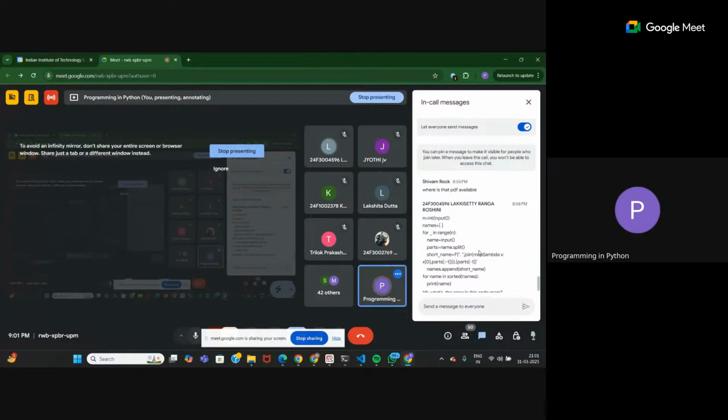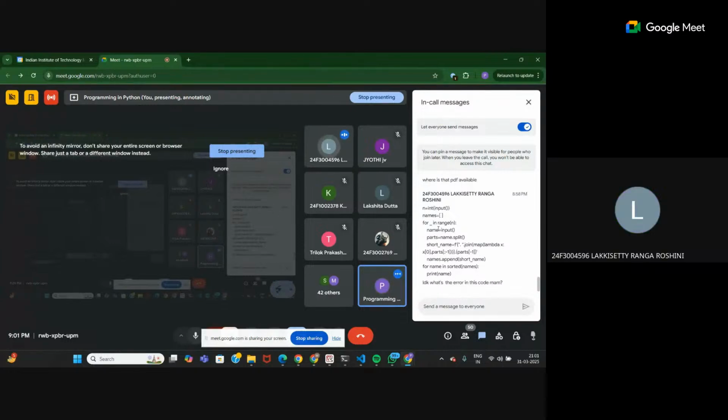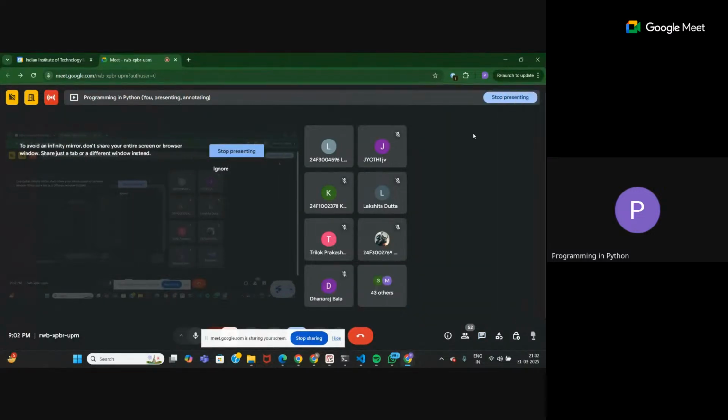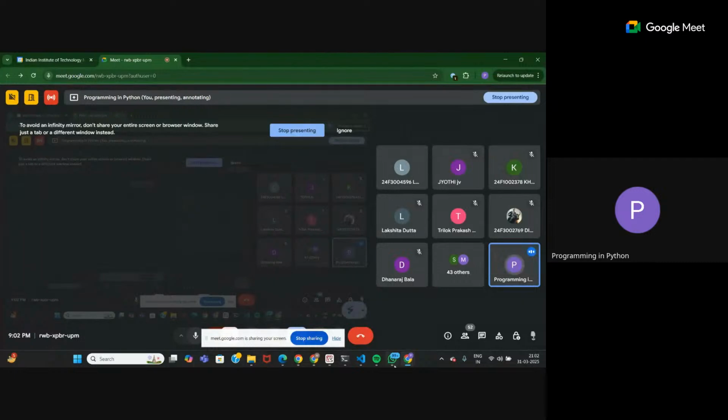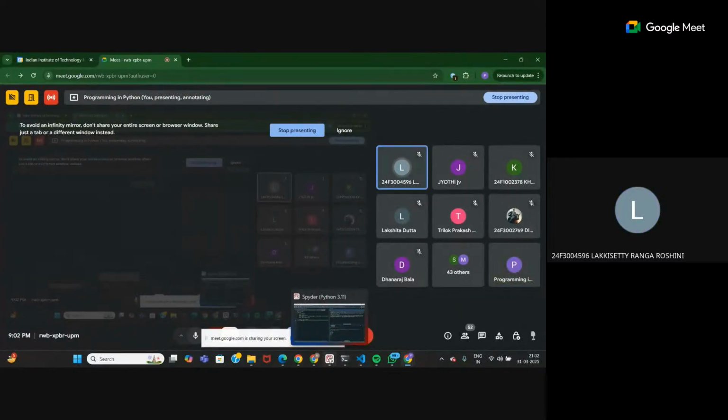Okay, who is this? This last code? Yeah, ma'am. Dot space, dot join. Looks okay only. Is there any indentation error or anything you have missed? If you have missed, just check the indentation one more time. Otherwise, wait till the end of the session, then share your screen and I'll check. Yeah, ma'am. Okay. Thank you. Is it clear for everyone? Should we go to the next question?